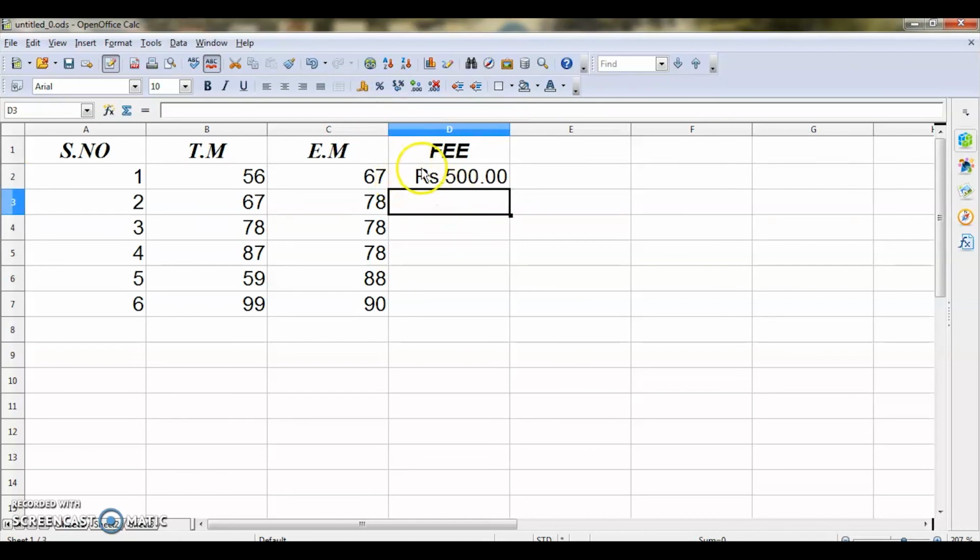See, it is automatically set as rupees 500. I have typed only 500. Next time I am typing 600, and if I press the enter key, automatically rupees 600 with the 00 will be given. Here it is not coming because I have not set it. Now if I click this and give currency, it will change here.